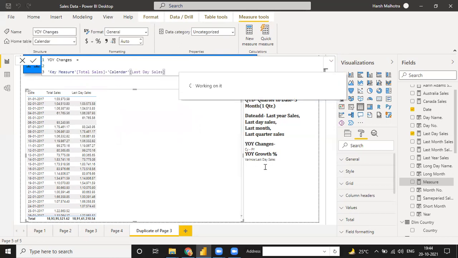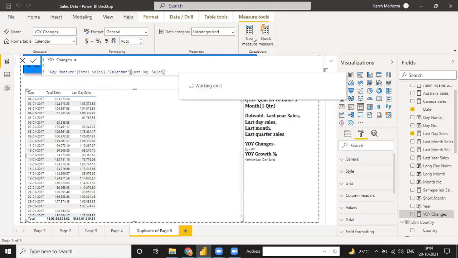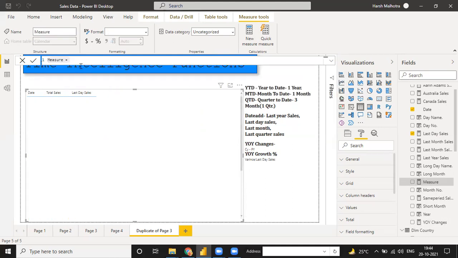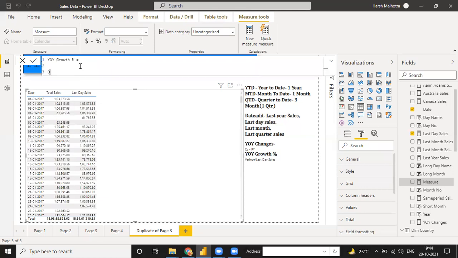And same way, right now we are going to use our variance divided by last day sales, and it is the divide function in the Power BI. So I am going to new measure, and I can just change my name as YOY growth percentage. And for this, I can use divide function. Divide by variance.